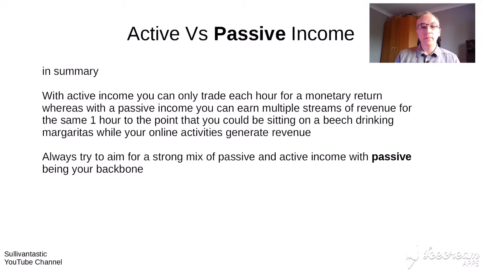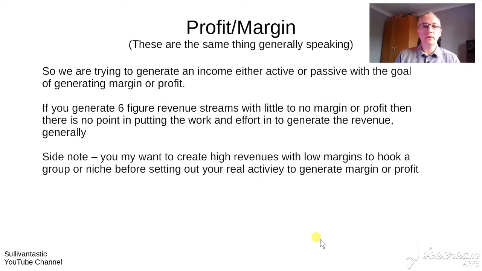So, for me, for any entrepreneur, you need a good, strong mix of passive and active incomes. Your passive incomes become your bread and butter, which allows you time to go a bit more active and generate some more active income, but a good mixture of both. So in essence, it's very straightforward between active and passive. And I hope the last couple of slides have helped.